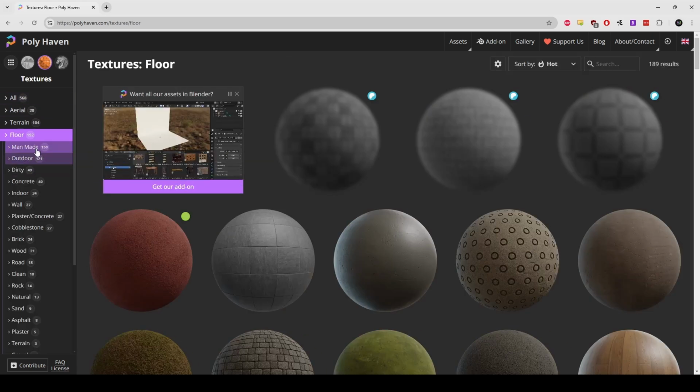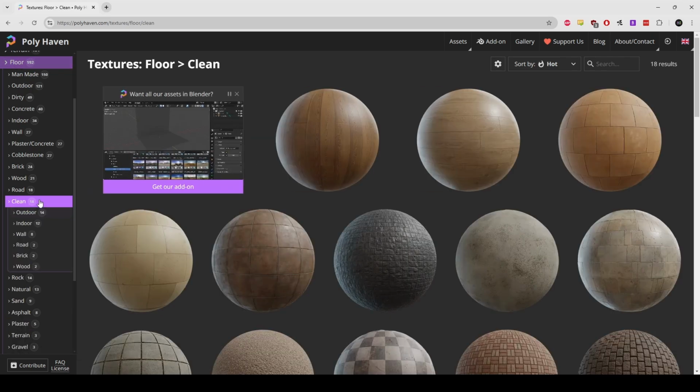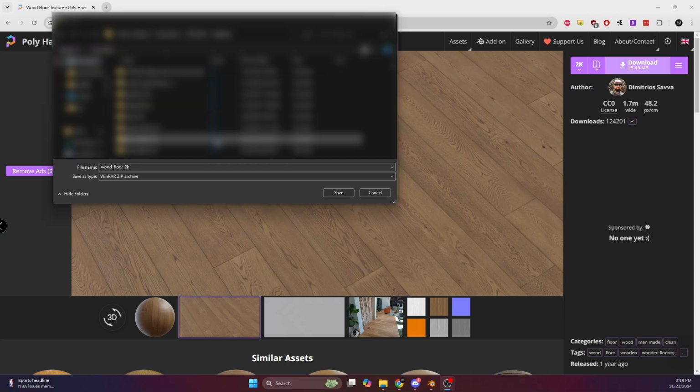I think we want a wooden floor, so we can go down to probably clean, get us something, and then right there. Now the thing about these textures is almost everyone uses Polyhaven textures, and so if you want to be unique, you might want to go look elsewhere or try and find a texture that doesn't look as common. But for now, this one will work. And so what we're going to do is we're going to make sure it's set to 2K, and you're going to click download. Once you download it, you'll be able to save it to wherever you keep your materials, and